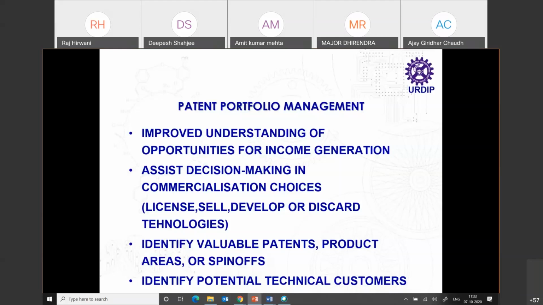The question is, what do you do with them? Value of a patent is not in the patent itself. Value of a patent is always in relation to other patents in that area. What do other patents cover? What is the scope of those patents? What protection do they provide? Besides, value of your patent.